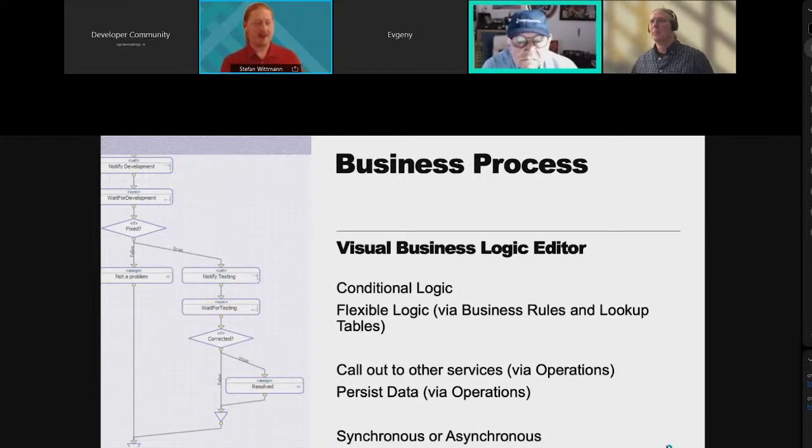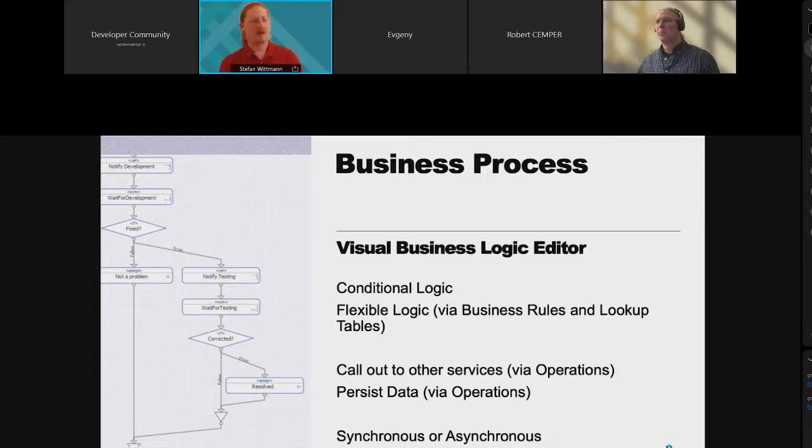Everything that you run here and that you invoke can be invoked in a synchronous way so that you're waiting for the response. It can also be invoked in an asynchronous way so that you can invoke multiple operations at the same time, if you will, and then sync later on when you have the responses ready from all of them, or maybe some of them, right? So that can be very helpful.